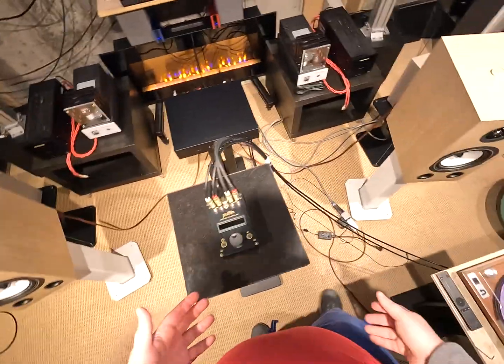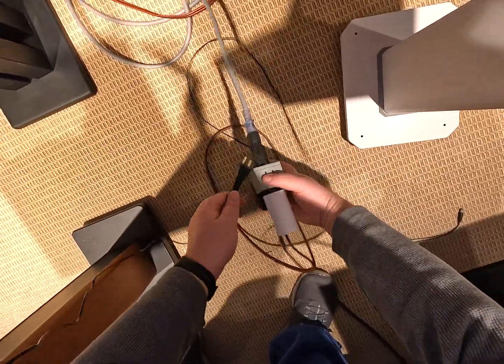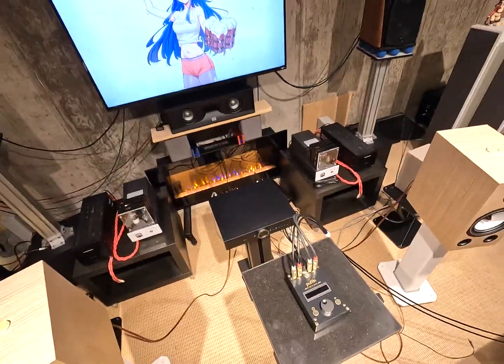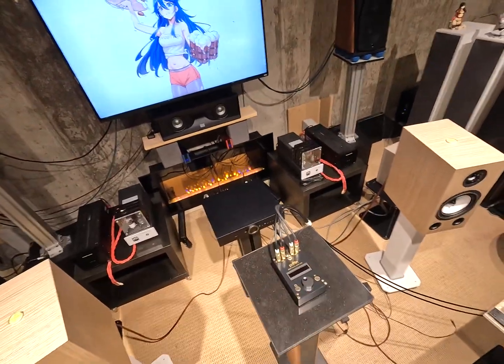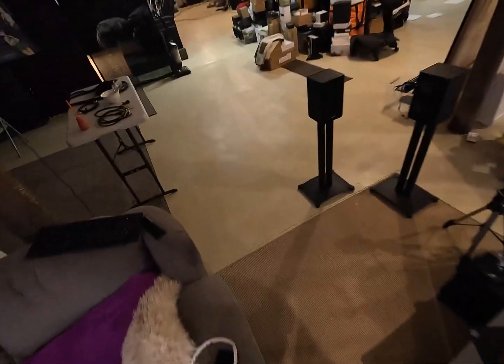This thing is $690 for this revision with the fiber optic. The one on Amazon that I'm going to link to is $489, I think. The one on Amazon has only the analog outputs, which means you're using the DAC internally. This one is 629, I think, with a fiber optic in the back to go to that. I'm not going to use that fiber optic. I'm going to use